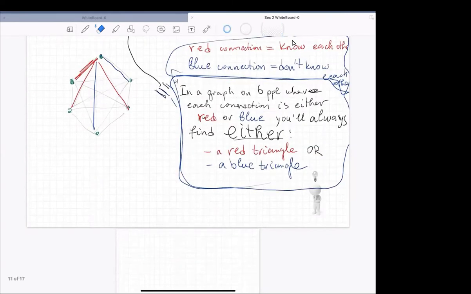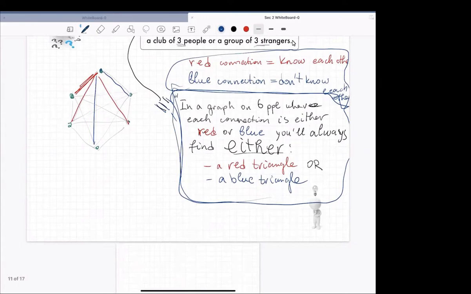So here I'm going to argue in the following way. Well, I have these 6 people. Okay, so I'm going to be proving this equivalent proposition here. I have these 6 people, right? So without loss of generality, kind of a strange term, but what this means is pick any one person, anyone that makes you happy.